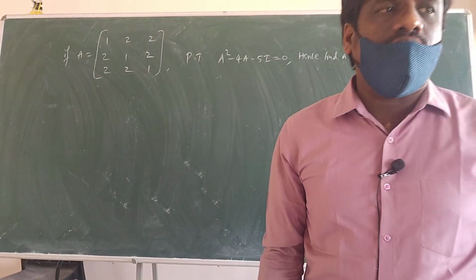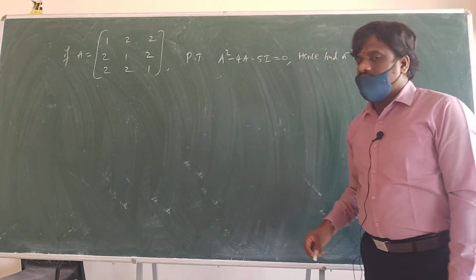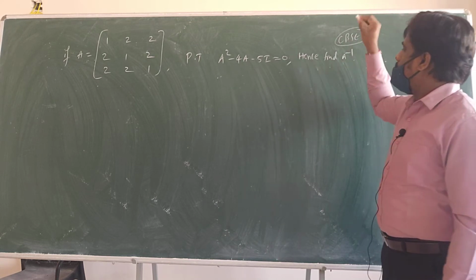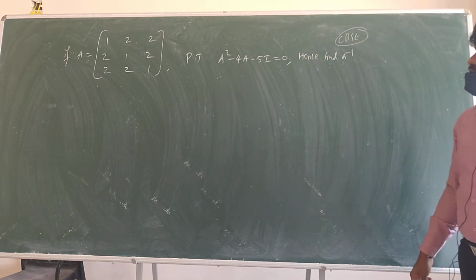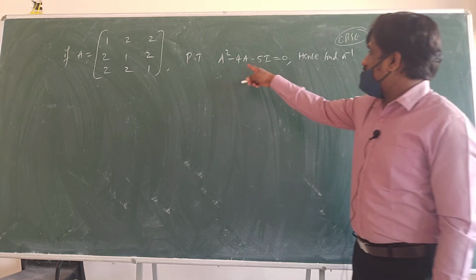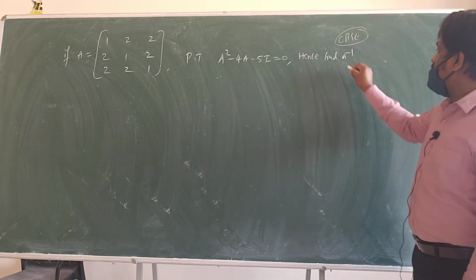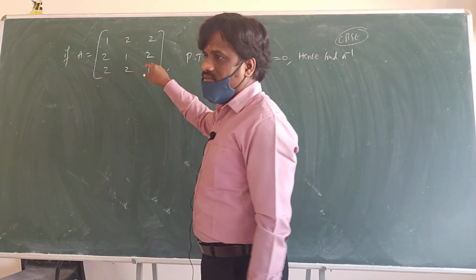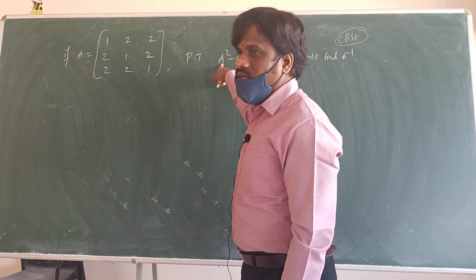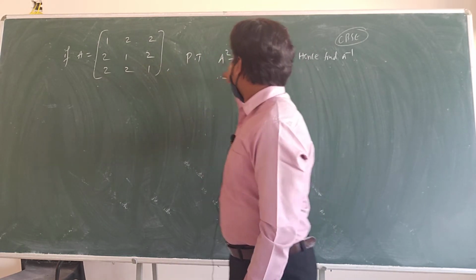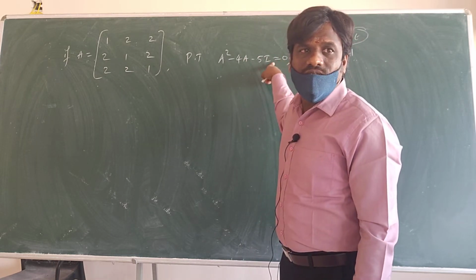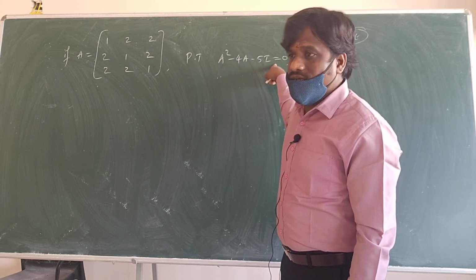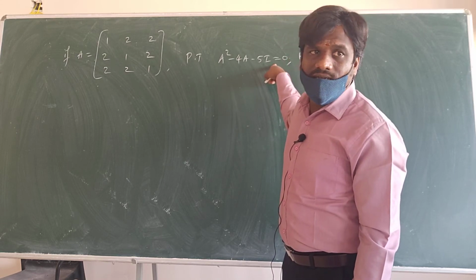So this is the Cayley-Hamilton theorem related one. In the CBSE board you can find this question. If A is equal to [1, 2, 2; 2, 1, 2; 2, 2, 1], prove that A square minus 4A minus 5I is equal to 0, hence find A inverse. See, in CBSE exactly what we do here: a matrix is given and we do A square, that is A into A, and minus 4 into A, and 5 into I we keep as [1, 0; 0, 1]. Already we did this type of problem, but we are not going to do that. Now we are going to do Cayley-Hamilton.